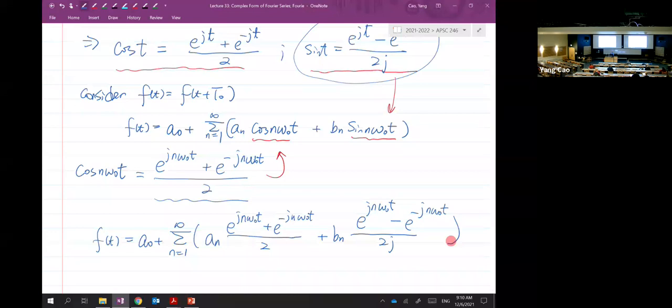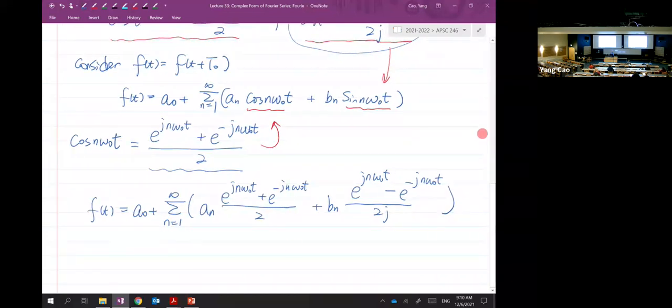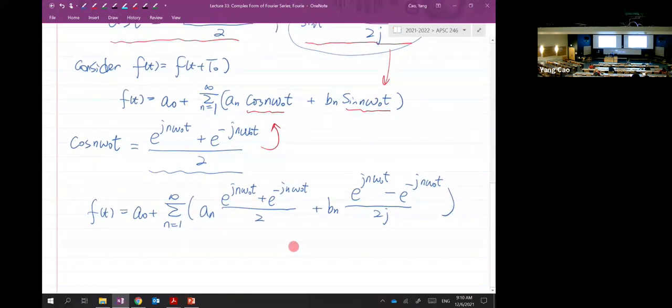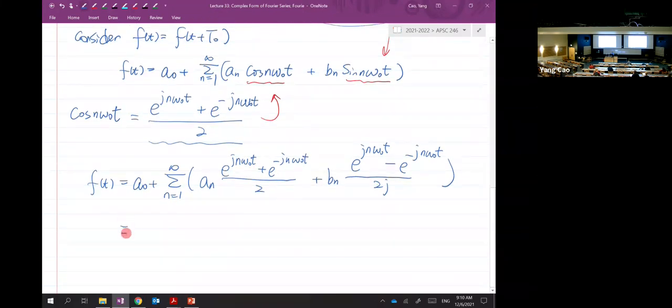Okay, and now you don't have sine cosine specifically showing in the bracket anymore. What's showing instead are those exponential complex functions. Right? Okay, so the next step, we will sort things out a little bit. So how we're going to sort things out is,